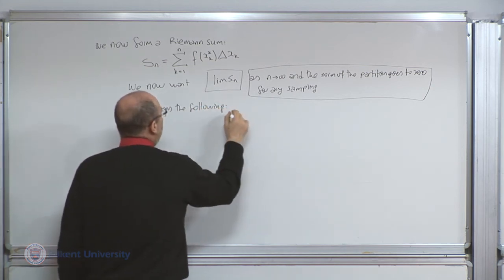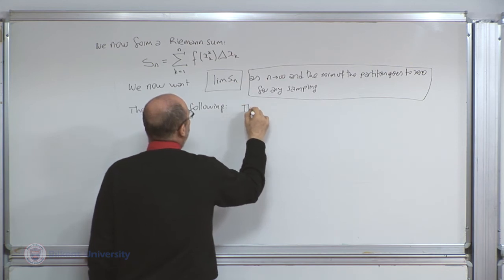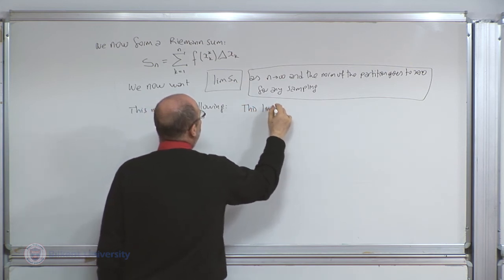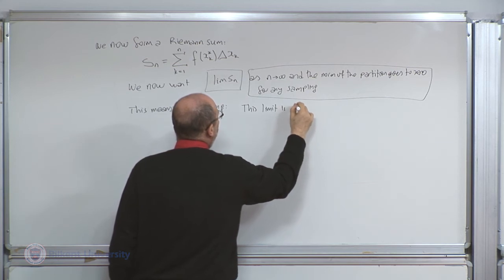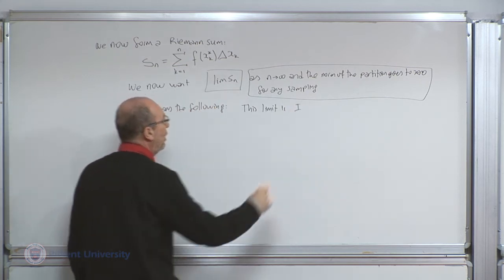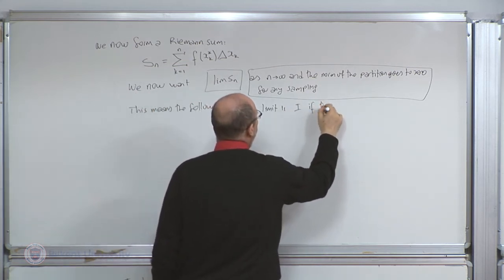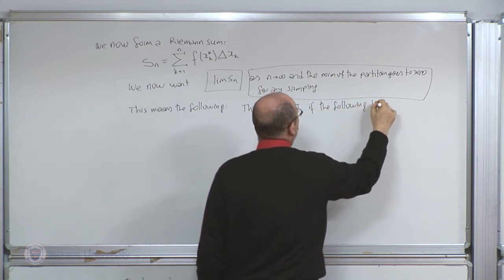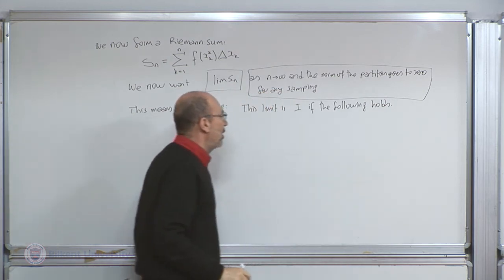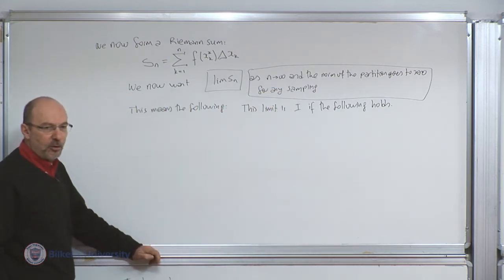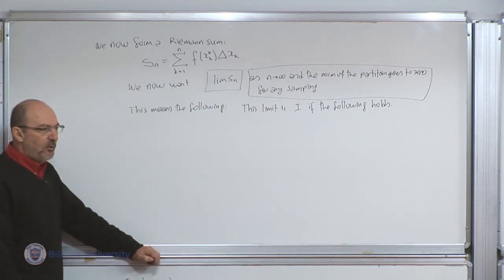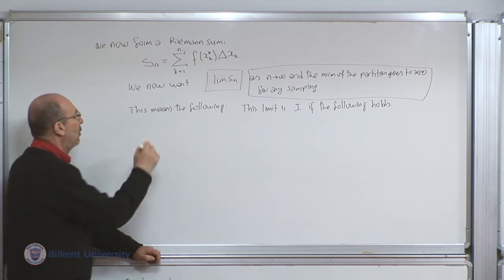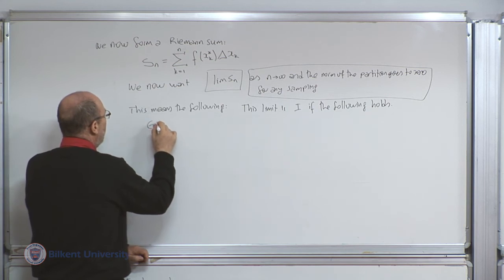So this limit is the value of the integral, let's say I, if the following holds. Remember that the limit means that we are getting closer and closer to I as much as we want, so that "as much as we want" translates to epsilon. So given any epsilon positive,